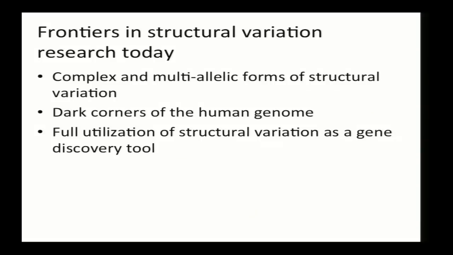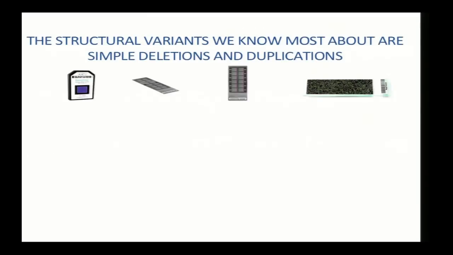So I want to talk briefly in the next 10 minutes or so about some areas that are frontiers in structural variation research today, and then let's take questions for the last 5 or 10 minutes. So one of those involves more complex and multi-allelic forms of structural variation. The forms of structural variation that we know most about today, and that have been analyzable in large cohorts via array-based platforms,